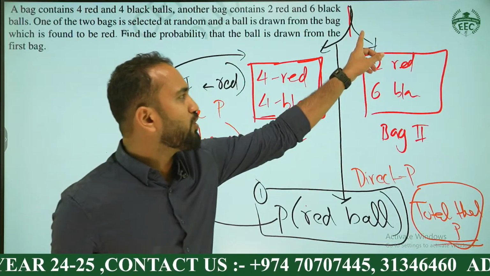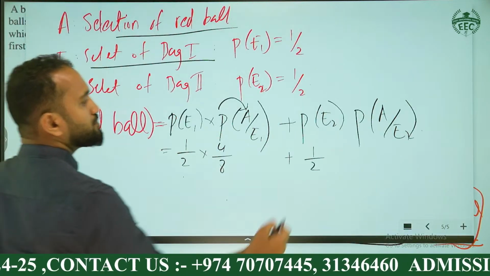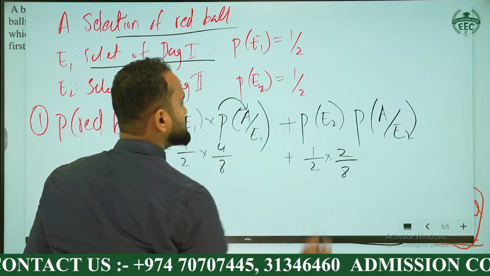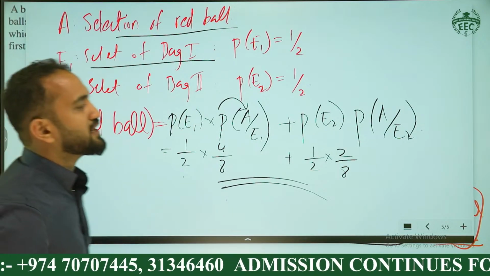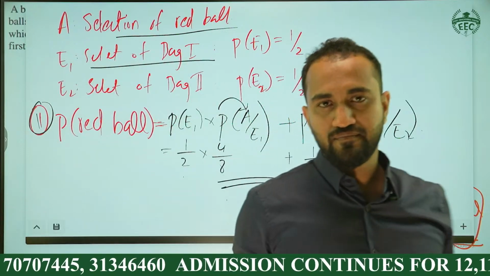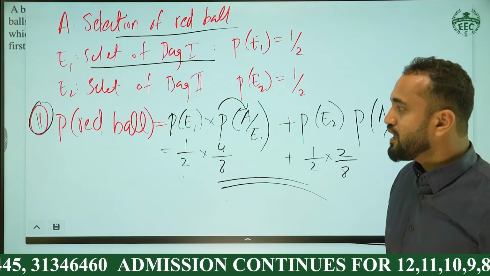Now, what is the probability of a red ball over here? This will become 2 by 8. Gentlemen, you got the answer. Question number 1, the probability of selection of a red ball, is done there. Okay? Now,